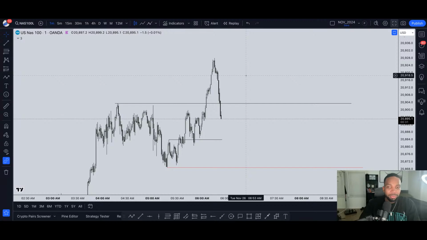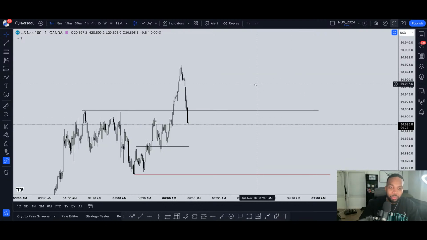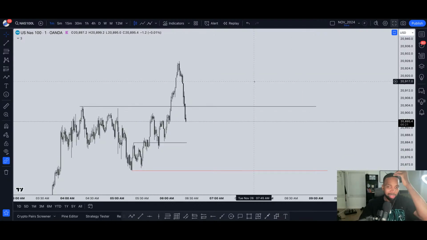Yeah, that's correct, Mr. Andrew. The sweep of liquidity is manipulation. That's what they do, because all these big players can't just enter the market like we do. They have to manipulate the market. They have to allow buyers to come in and buy at the support and sell at the resistance over a large period of time, or even a short period of time.